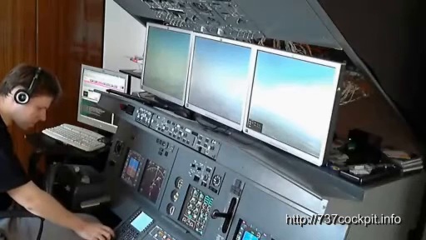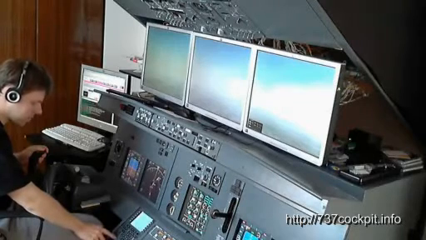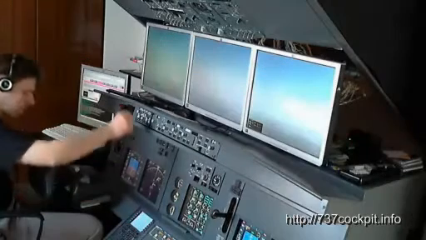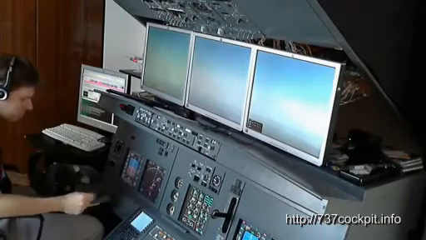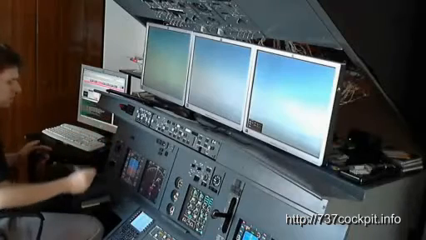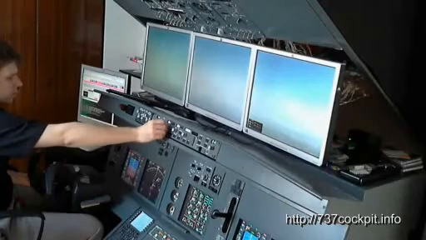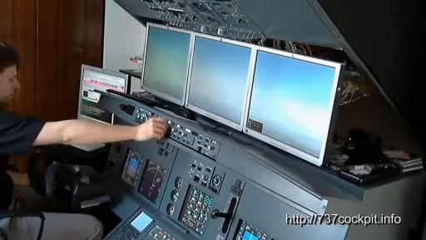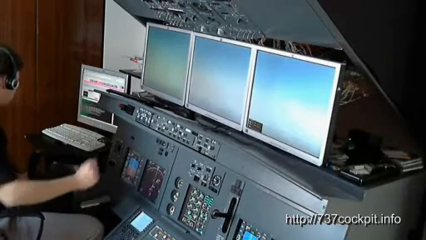Okay, now right. Clear, let me confirm my heading 118. Present heading, cleared ILS 11 Yankee, Austrian 918 established. So we have Sollenau in our second navigation, and we were cleared for the ILS 11 Yankee approach. That means we can now intercept localizer and glide slope. So we will continue straight ahead